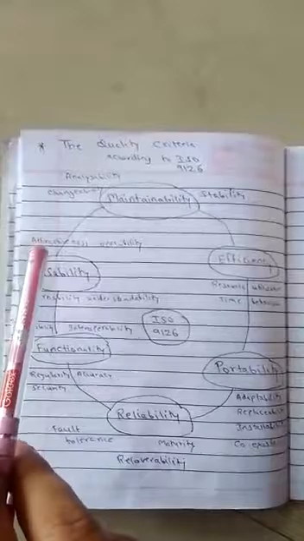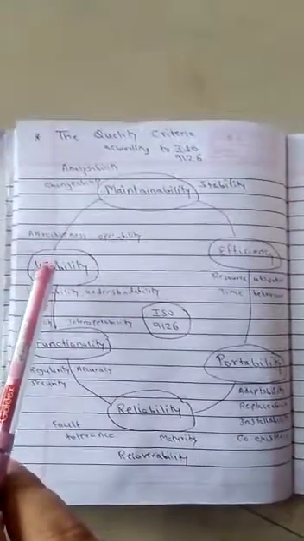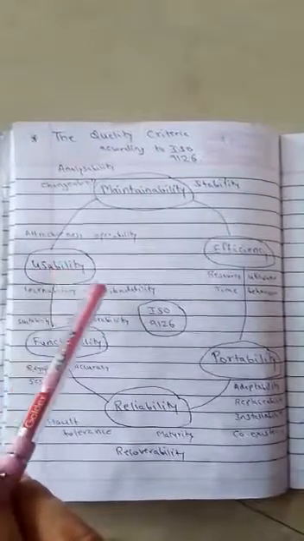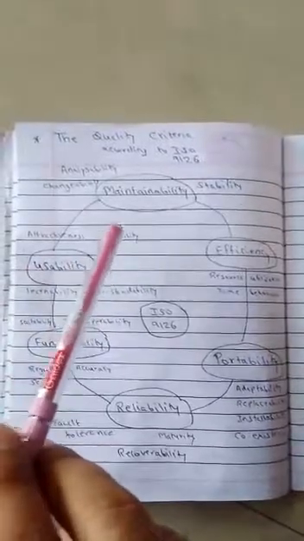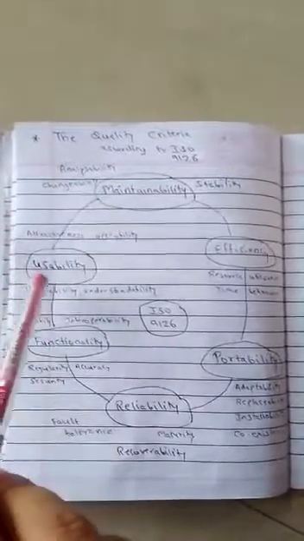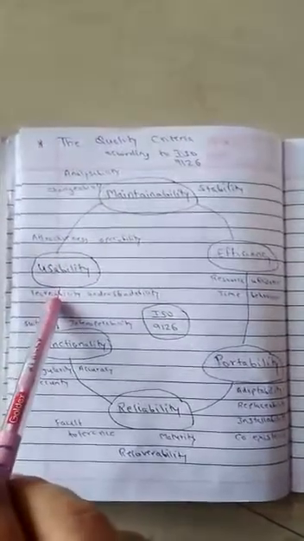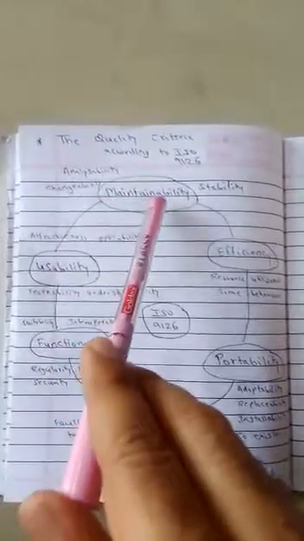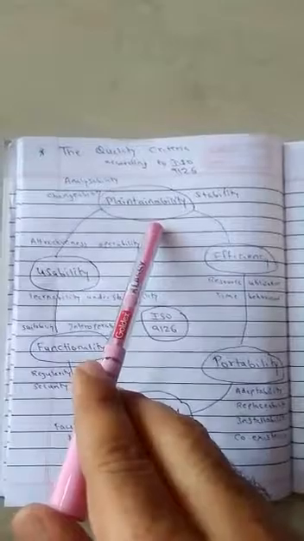Next we have to learn the usability, means how usable is your software product, how user friendly it is. To determine the usability we have to measure the understandability, learnability, attractiveness and operability. According to these different parameter values we can define the usability of your software products. Once we define the usability, we have to define the maintainability of your software products, means how we can maintain the software products.